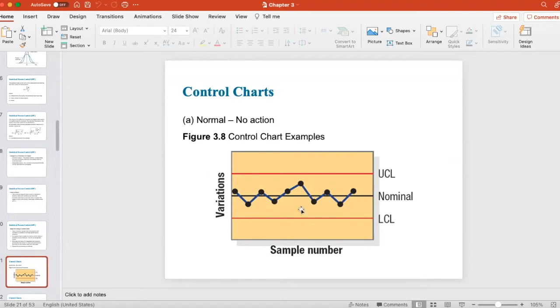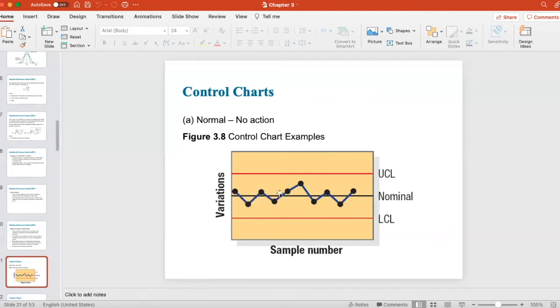If any dot is outside of the control chart, outside of either the upper control limit or the lower control limit, it indicates that your quality has some problem. You have to deal with it and figure out the underlying reason, as much as possible,